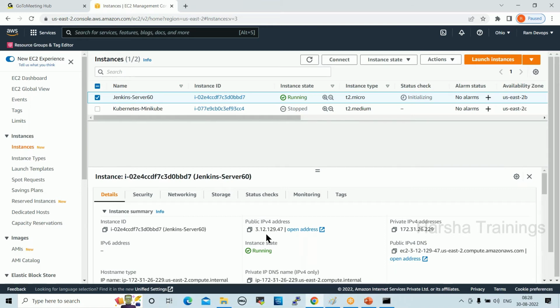What is the use of public IP? What is the use of private IP? To connect to your server, we use public IP. Once you log into the server, this private IP will be used for internal communication, right? The public IP is only for connecting to the server. After that, it will be gone. So private IP is a permanent IP. Once you log into the server, this private IP will be available, right? How to connect, how to configure, we'll see that later.